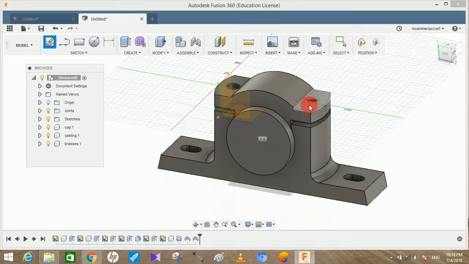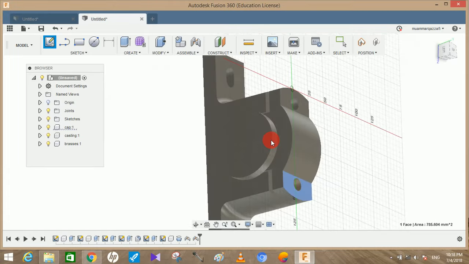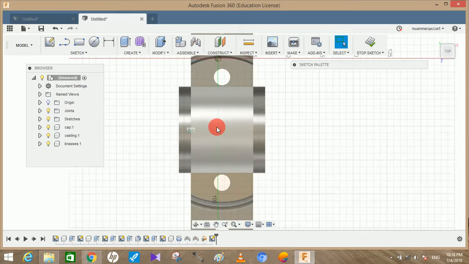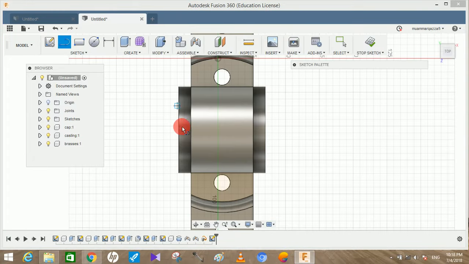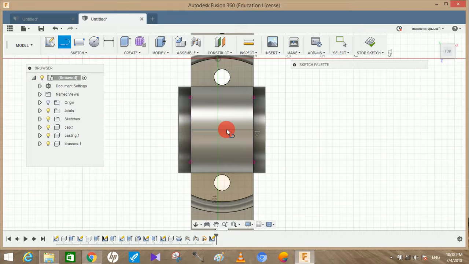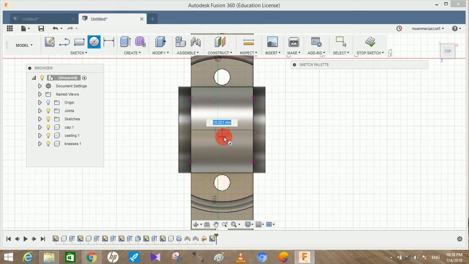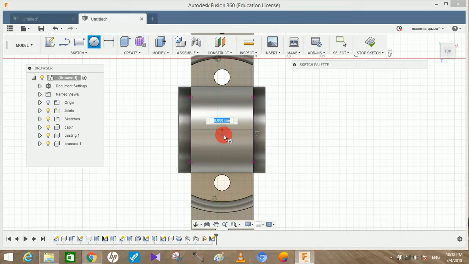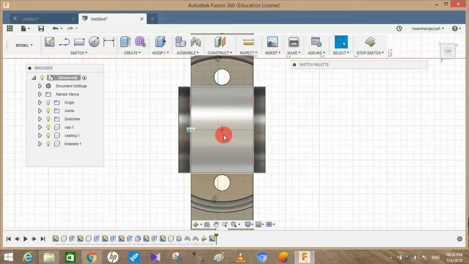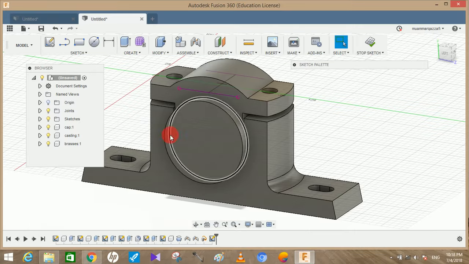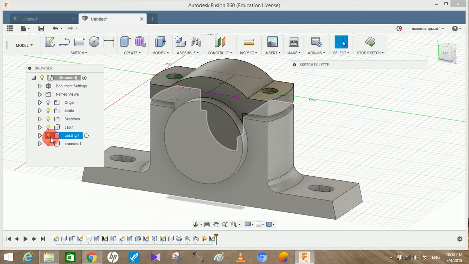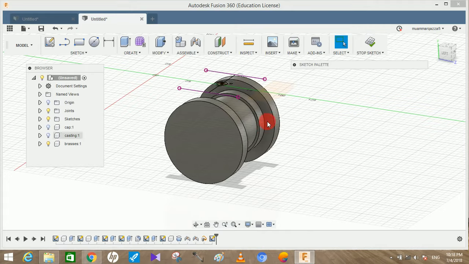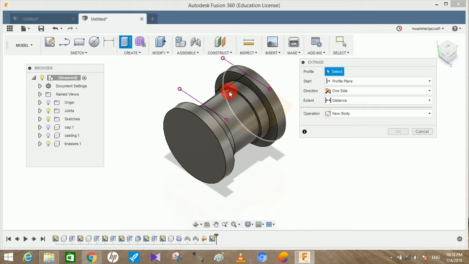Just click on this face and click on capture position. Draw a hole on the center of this by drawing a line from this point. Here's the center. At the center draw a hole of 8 mm. I don't know what its purpose is. Draw a hole of 8 mm and press OK. I can't see the hole. Let me just hide the casting and the cap. Yeah, here's the hole. So just extrude it,